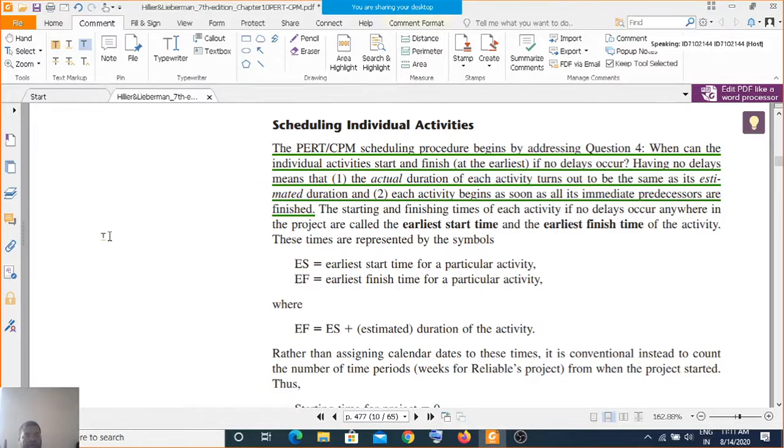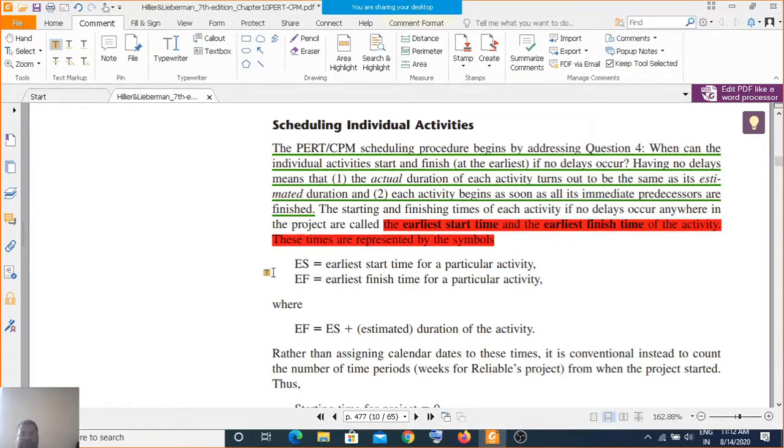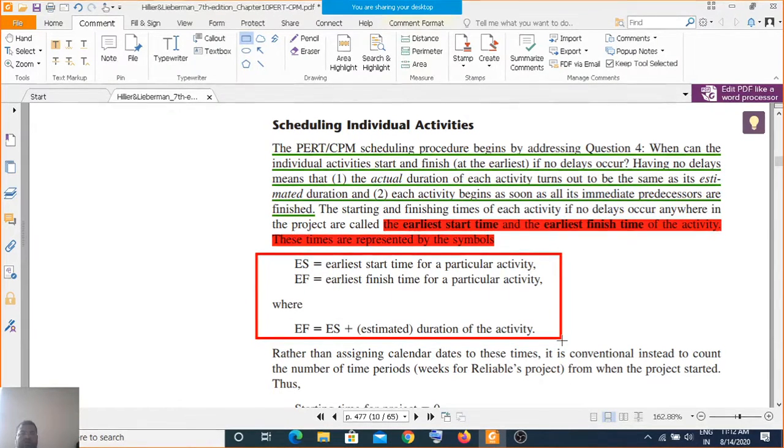Now you require to consider the earliest start time and the earliest finish time for starting the project. The earliest start time and earliest finish time are represented by ES and EF as symbols. The earliest finish, EF, is the ES plus the estimated duration of the activity.